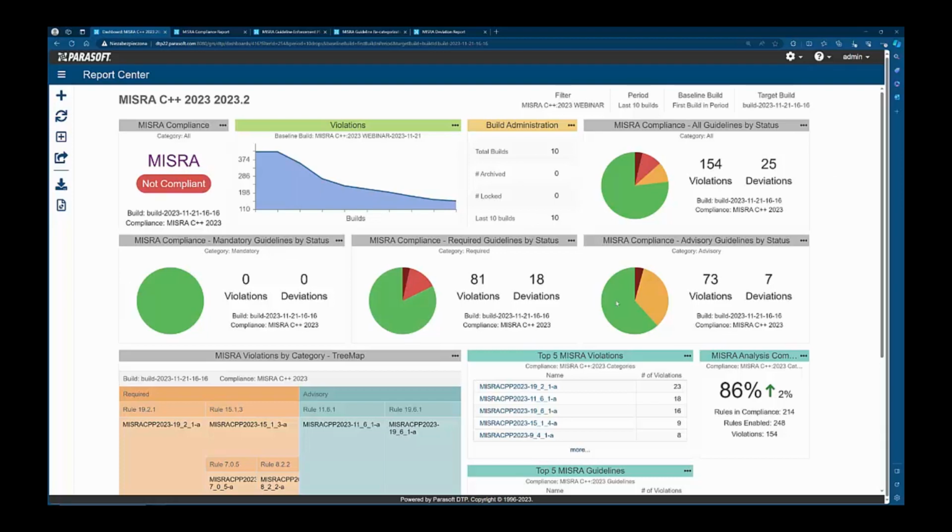Widgets in the second line show violations distribution across MISRA categories. My situation with mandatory guidelines looks pretty good. My codebase is clean. For the required guidelines, the team still needs to work on the codebase as there are 81 violations and we also have some deviations. With advisory guidelines, the situation is similar.